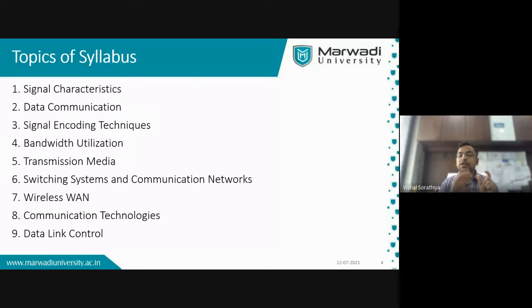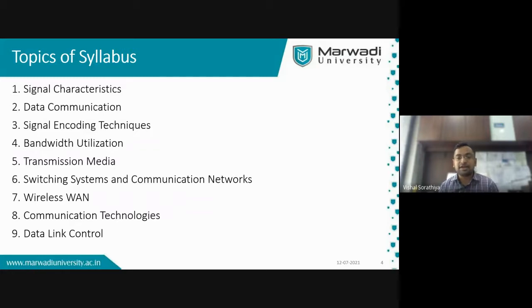So we are accommodating more and more users in the same area and utilizing the full spectrum, which is known as bandwidth utilization. How can we do that? There are different techniques: FDMA, TDMA, CDMA, as well as FDM, CDM, TDM, WDM. These different multiplexing and bandwidth utilization techniques we are going to see in this chapter.